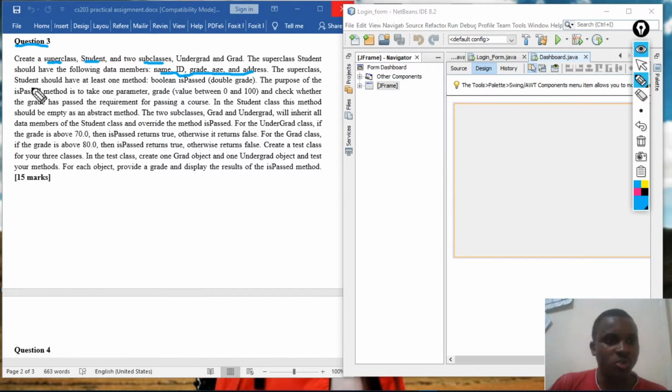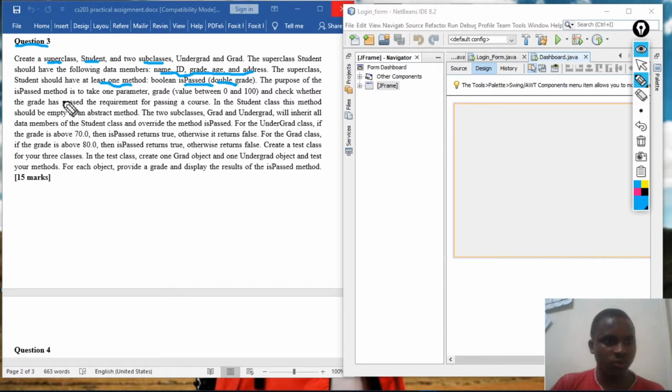The superclass student should have at least one method, which means it must have a method. So this method is a boolean, which means it is going to return a boolean, and is named isPassed, and it is going to take only one parameter or argument, which is a double, and it is grade.